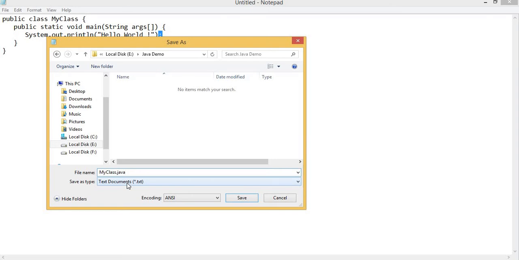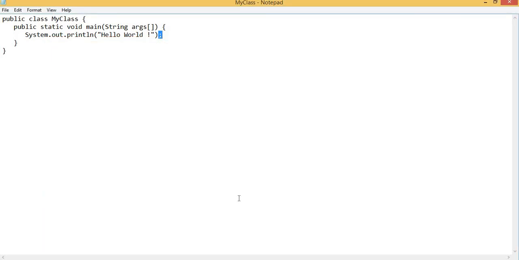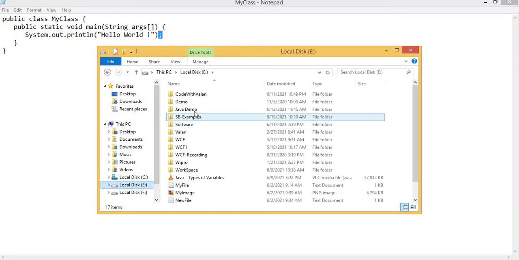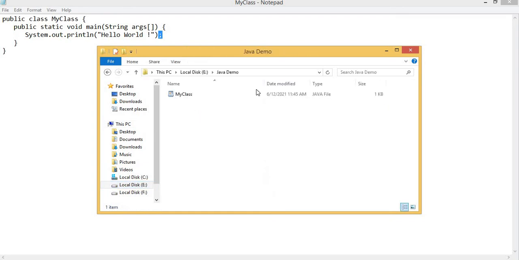So I will choose all files and then save it. Now let me confirm it. I will go to my E drive in my machine. Inside E drive I have a folder Java demo. There you can see I have a Java file called MyClass. So now I have saved my file properly.